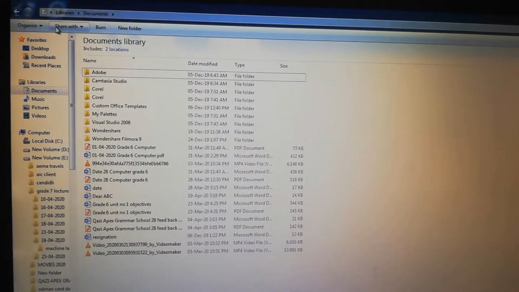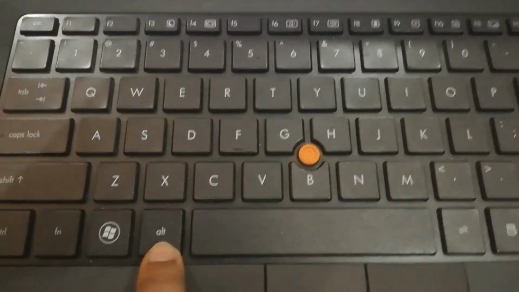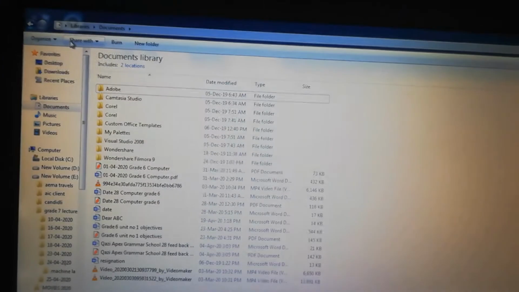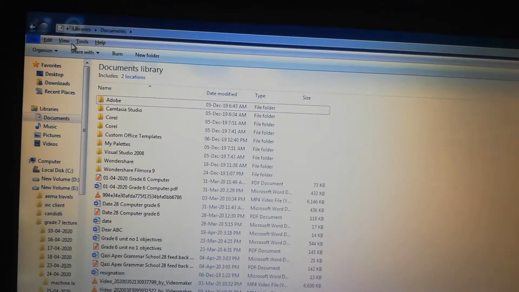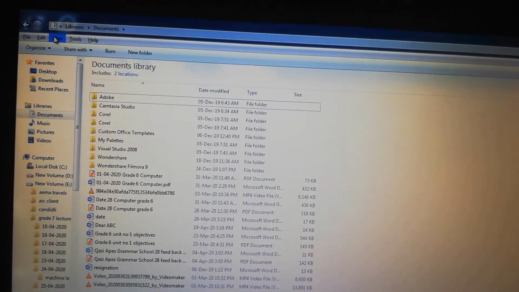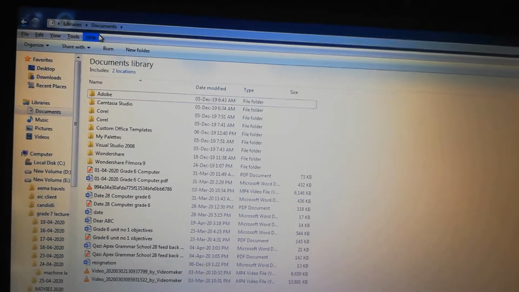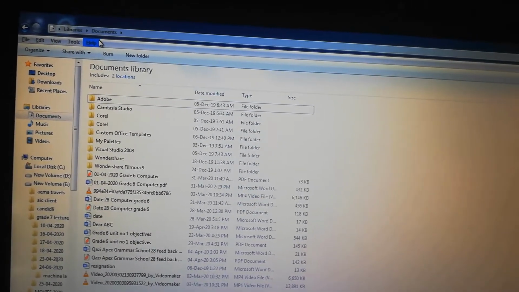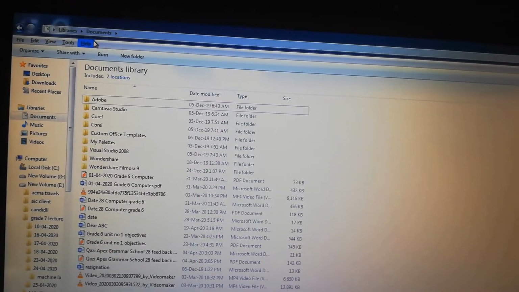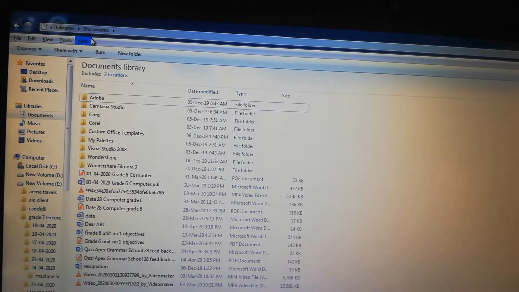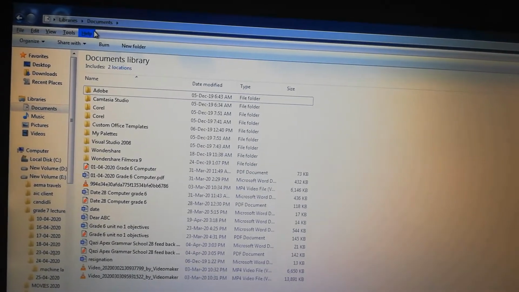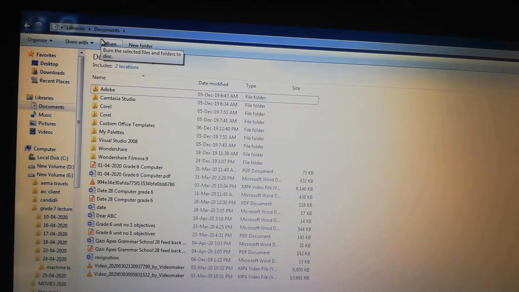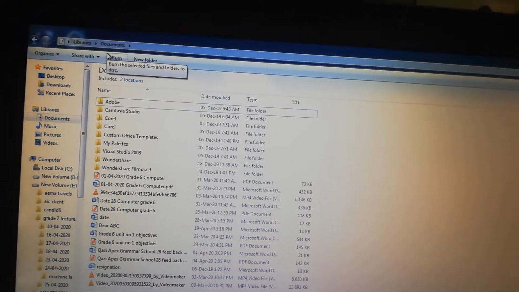Now I am pressing the Alt key from the keyboard. Here you can see it's the Alt key. When I press it, you can see the menu bar: File, Edit, View, Tools and Help. It will show temporarily. And if you want to hide the menu bar, double click any menu item or press the Alt key again. Now I'm pressing the Alt key. It will disappear.